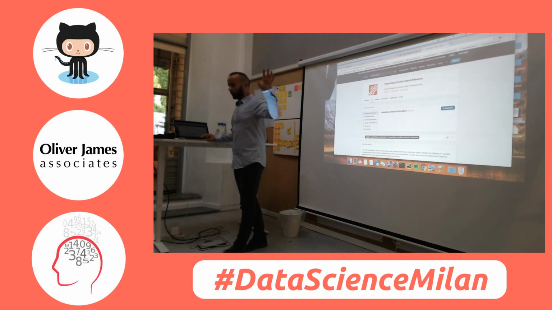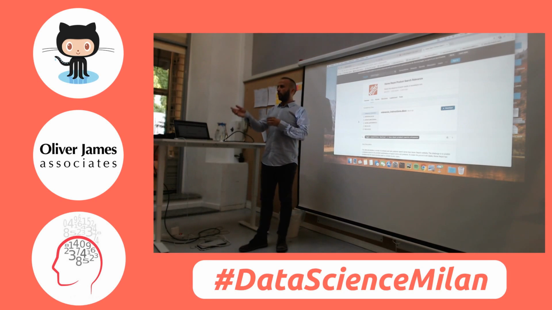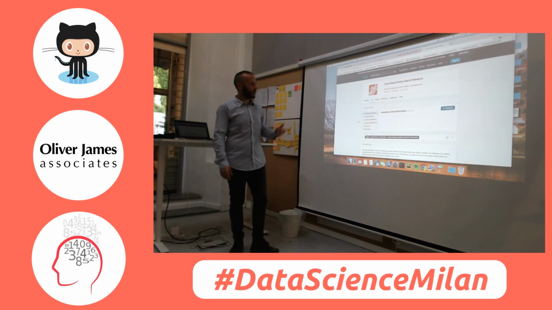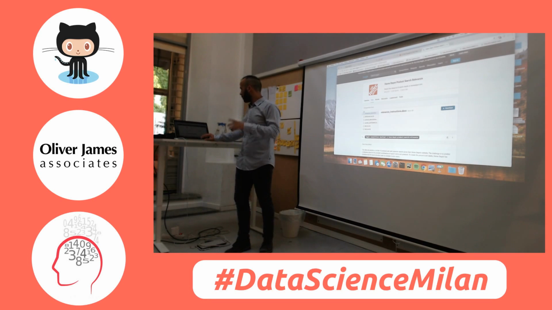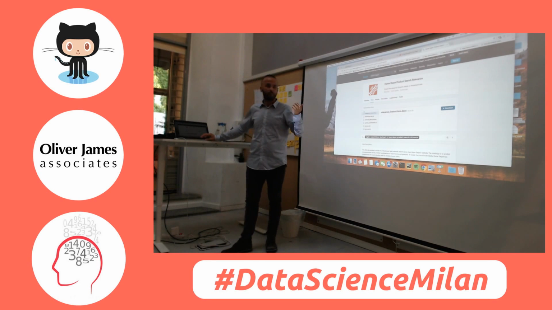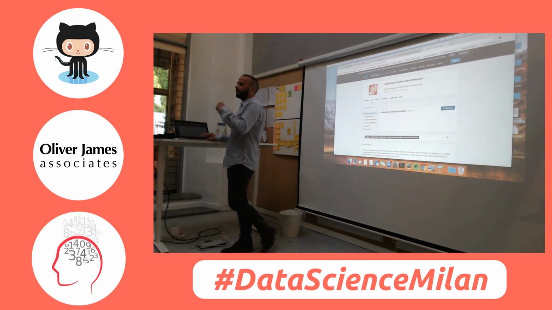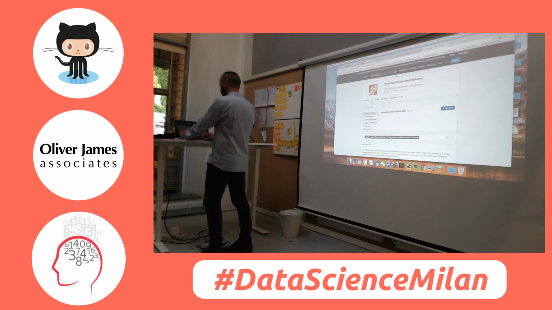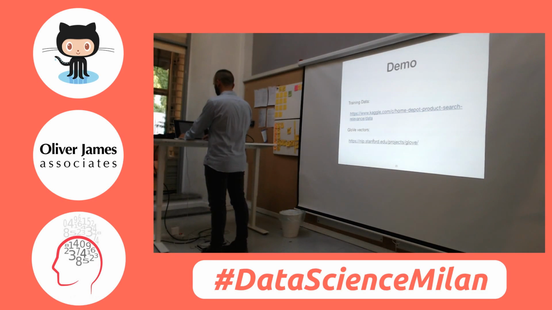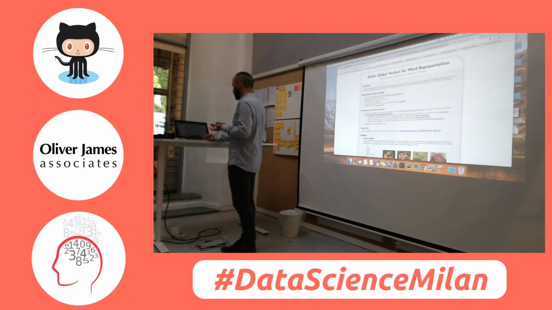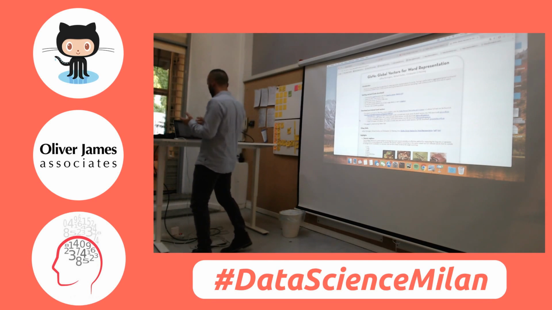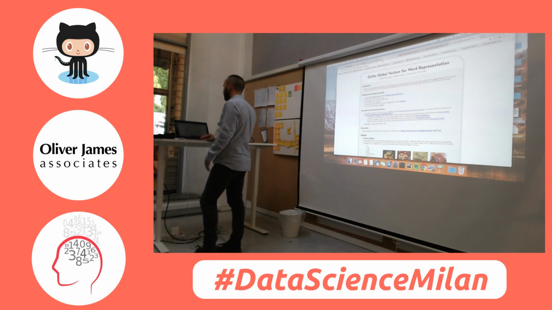And this is the competition. It was Home Depot. Home Depot is a store similar to Brico in Italy, and they sell things like hammers and a lot of stuff. We're going to take a look at the data from the demo, but essentially it was taken from here, and you can find it. I'm going to share the presentation, and then the link to the global vectors that I was mentioning earlier. You can download them, and they come in different sizes depending on how big you want them to be.